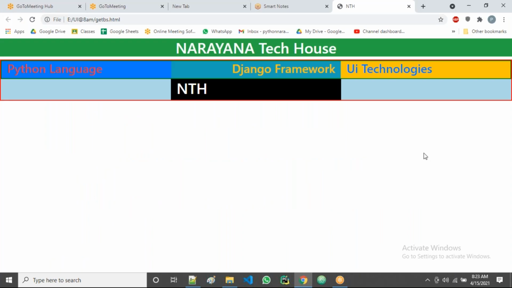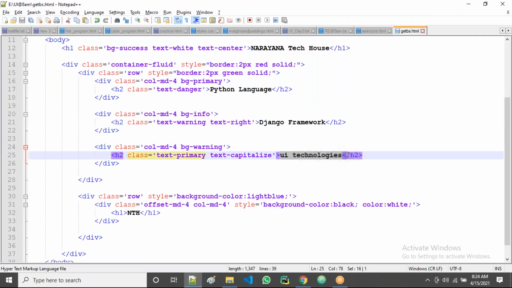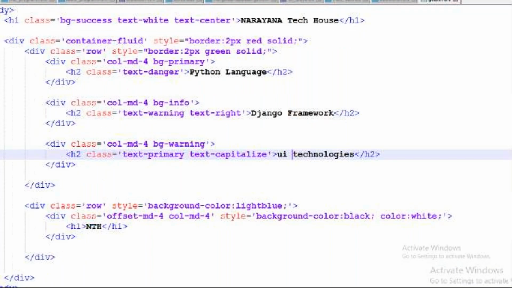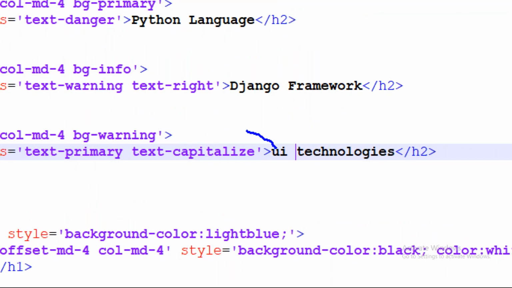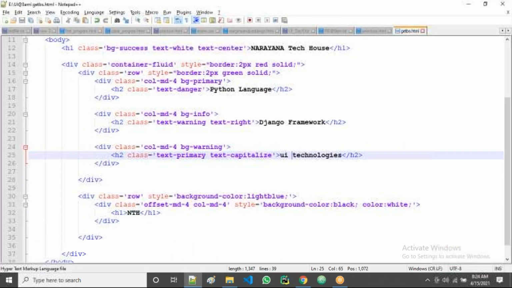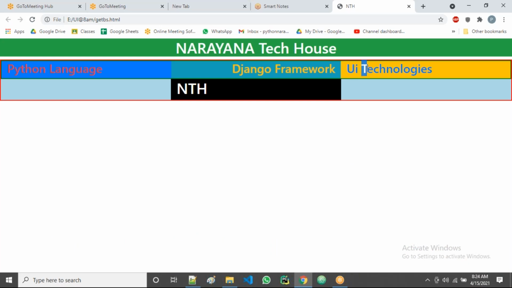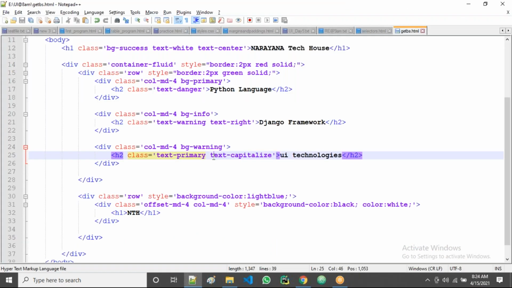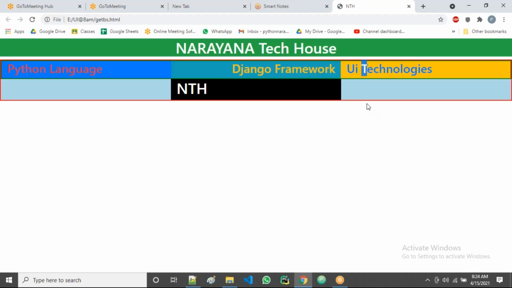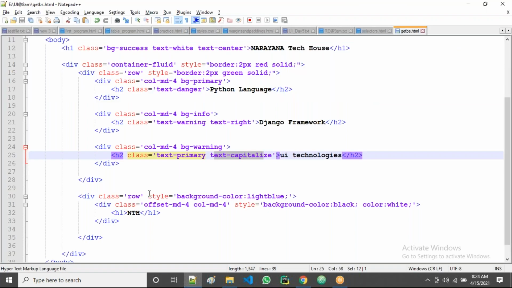Yes. Now I can observe here. If you observe, I have taken all lowercase only here. All lowercase I have taken, right? But because of capitalize, what is happening here? In the first word, the first character is uppercase, in the second word, the first character is uppercase, it is converting, guys. That's what the output also shows, capital U and capital T. That is called capitalize. So we have three types here: text-lowercase, text-uppercase, text-capitalize.